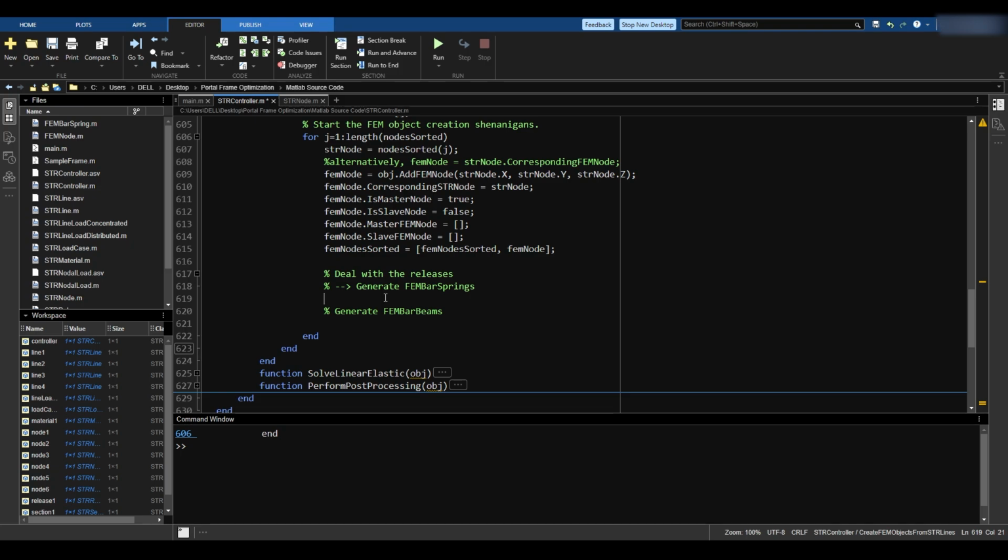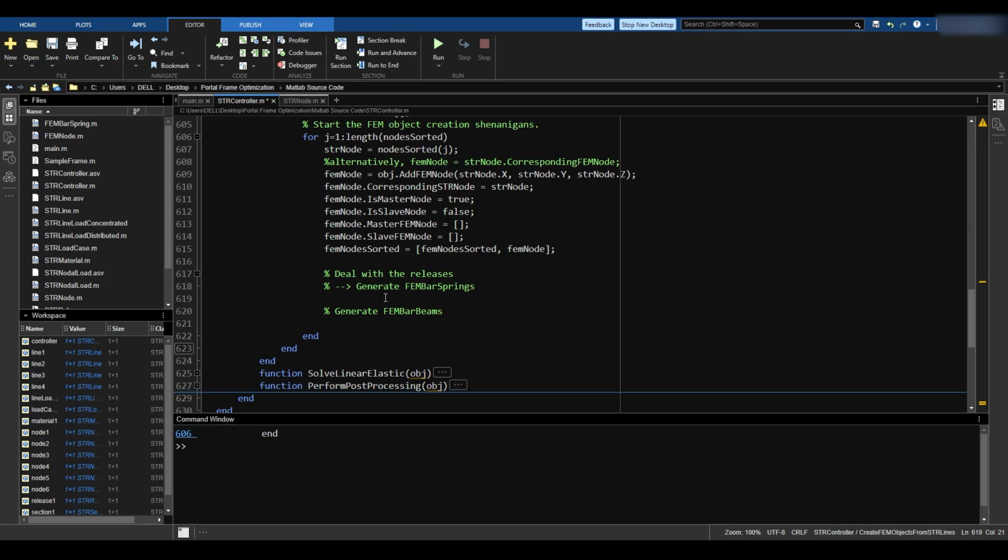So there are three STR nodes. We already have created three fem nodes, because remember, there is a model view and there is also the fem view behind the scenes. So for those three STR nodes and the bar, we already created three fem nodes,